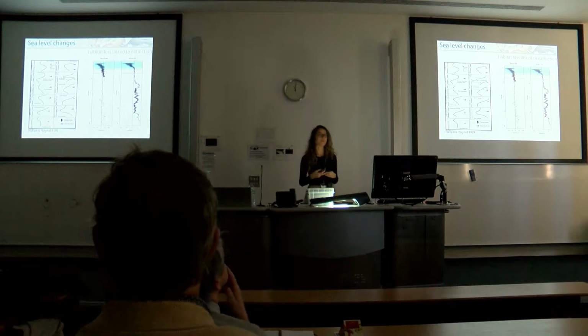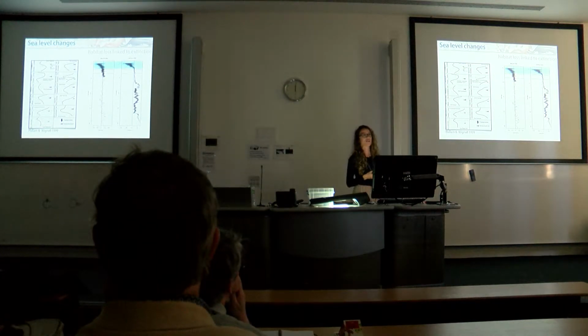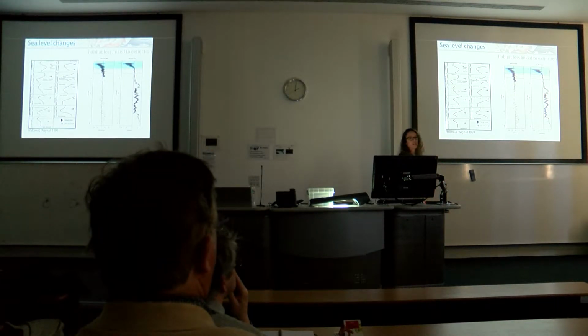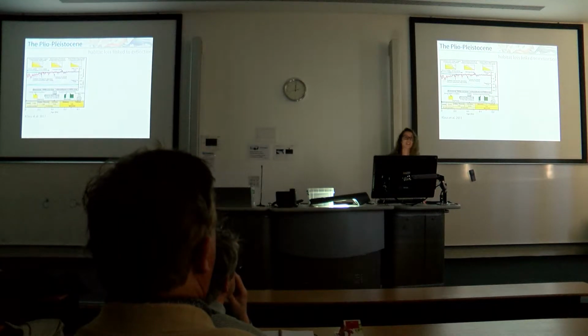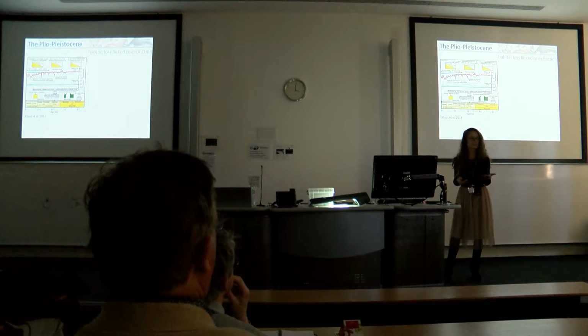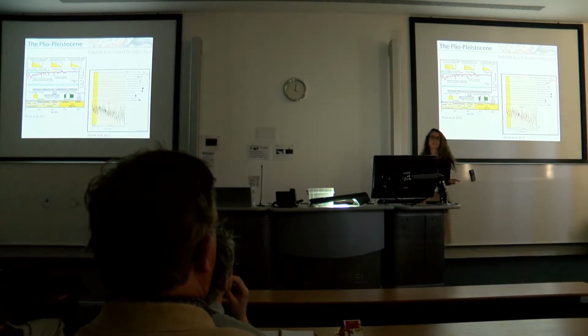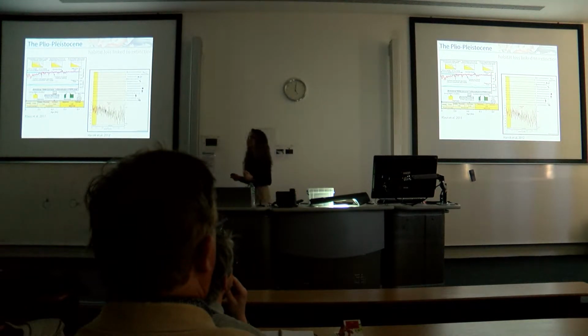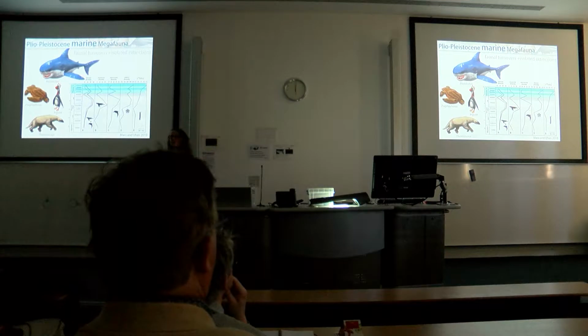So the sea level changes associated with habitat loss have been widely associated with extinction events through time. After the last mass extinction event and throughout the Cenozoic, the most dramatic changes in sea level occurred in the Pliocene and Pleistocene epochs. And even though these changes in sea level have been associated with some regional extinctions, for example, of some corals in the Caribbean, it has been widely stated that vertebrates remain resilient or resistant to these environmental changes. However, we know that there have been some examples of isolated extinctions during this time.